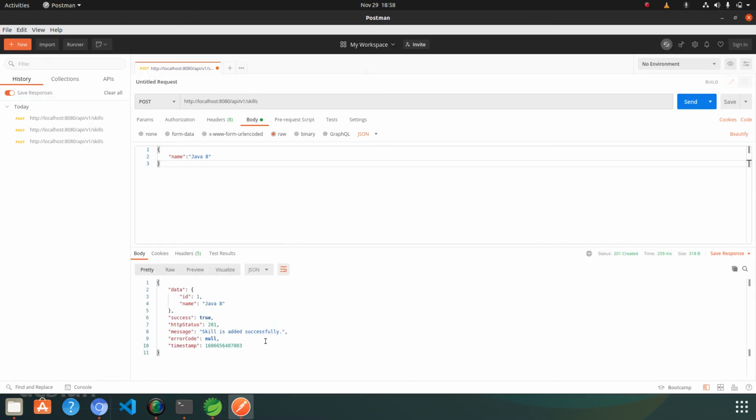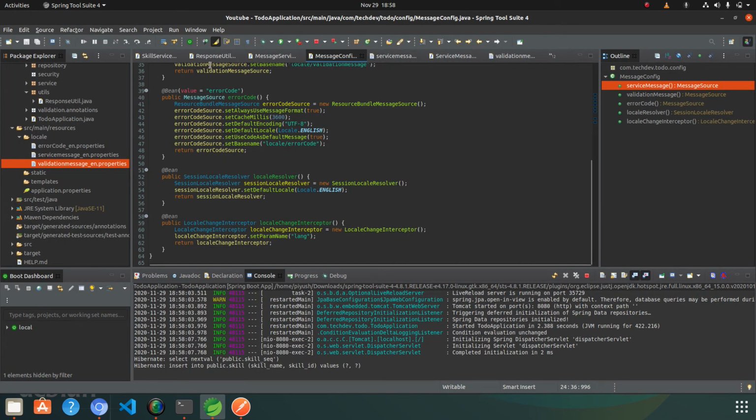The API is working fine. There is no change. We have just changed the object name. Now you can see that the API is a success, but it is still returning the error code as null. Means if we come towards the response DTO,